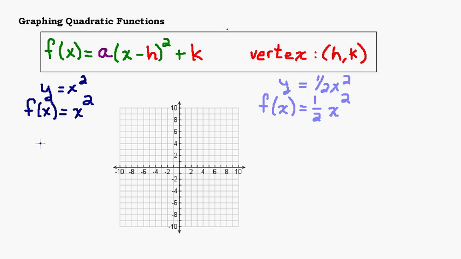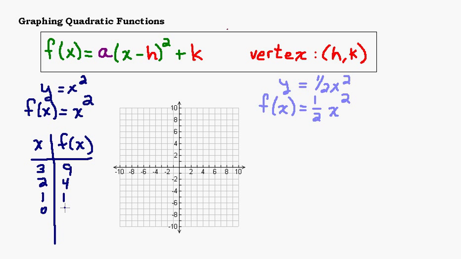Alright, so f of x equals x squared. If we have a table, x and f of x, or x and y, doesn't matter. Of course, if I'm using the formula f of x equals x squared, I probably want to say x and f of x. And remember that if x is 3, all we're going to do is square that to find f of x, so that would be 9. 2 squared is 4. 1 squared is 1. 0 squared is 0. Negative 1 squared is 1, negative 2 squared is 4, and negative 3 squared is 9, which gives us our basic parabola